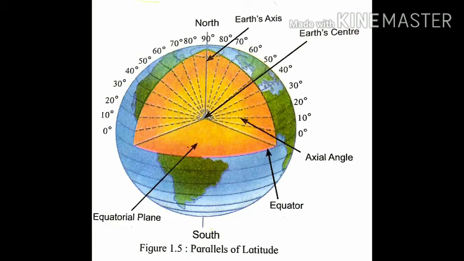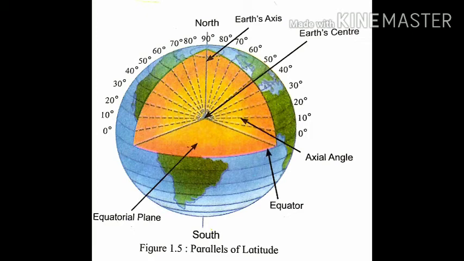As I told you, the length of parallels of latitudes goes on decreasing as you go away from the equator, so the largest parallel will be the equator at the center, which divides the earth into two equal parts. And the smallest parallels of latitudes appear as a point at the polar sides, and they are called the North Pole and South Pole respectively.